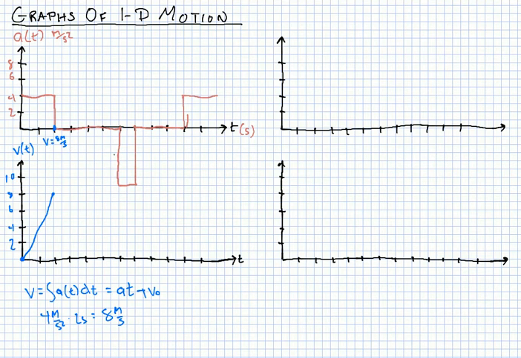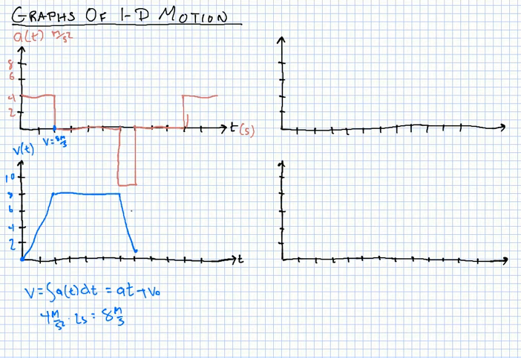Then we have several seconds where we're not increasing our velocity at all, and now we have a sharp deceleration, right? So now in 1 second, we're going to decrease our velocity by 7. So in this next time interval, we go down 7 in 1 second. So now all of a sudden in the next second, we're going to be down all the way down to 1